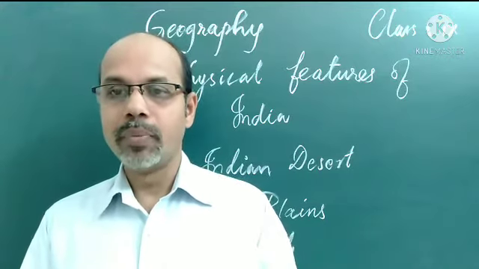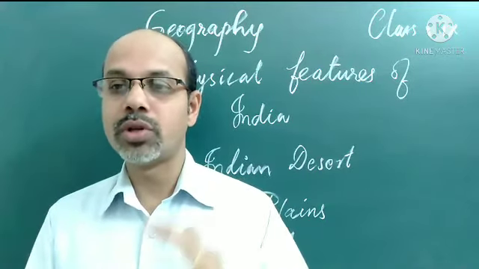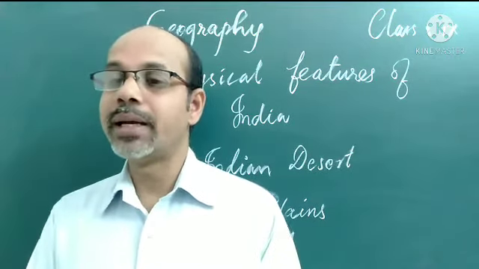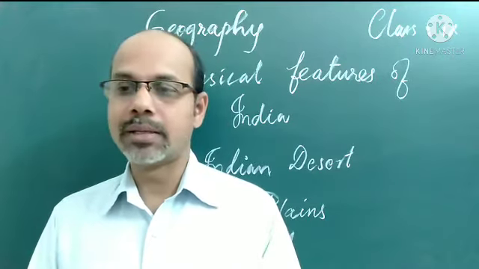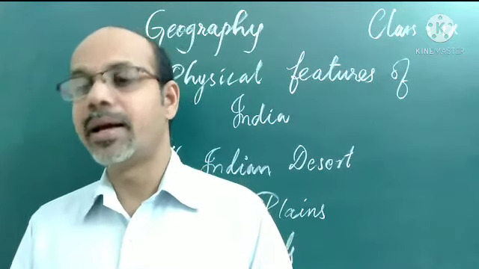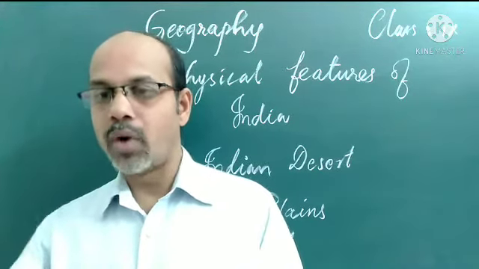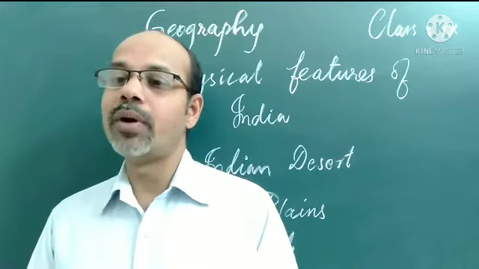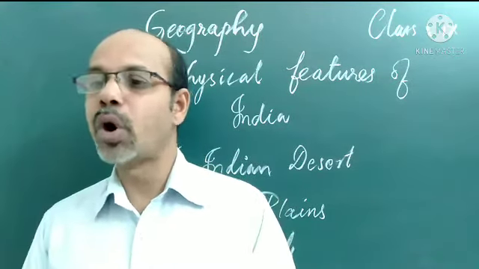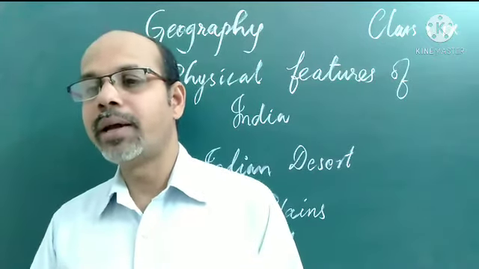Aravalli Hills. We studied in the previous class about the Peninsular Plateau, whose northwestern border we studied as the Aravalli Hills. So the Indian desert lies on the western margin of the Aravalli Hills. This is an undulating, up-and-down sandy plain covered with sand dunes. A large number of sand dunes, small hills made up of sand, can be found in this